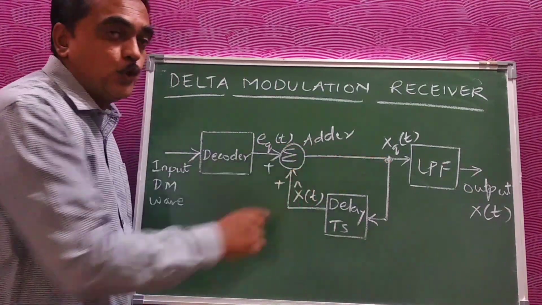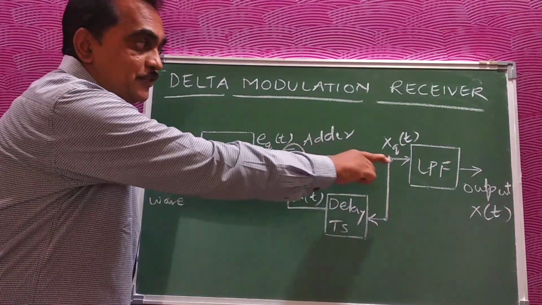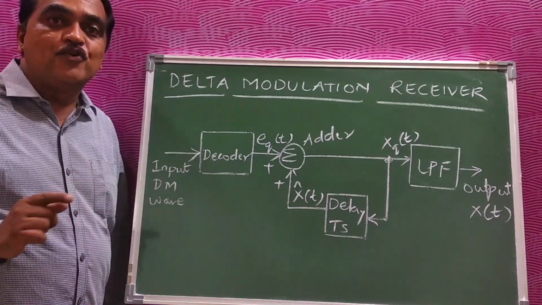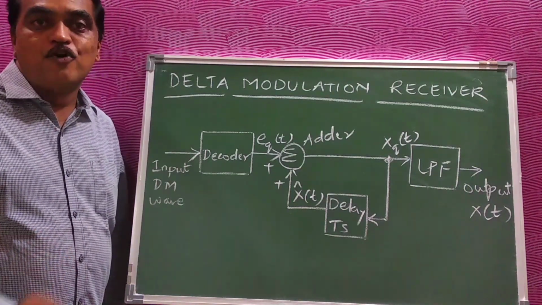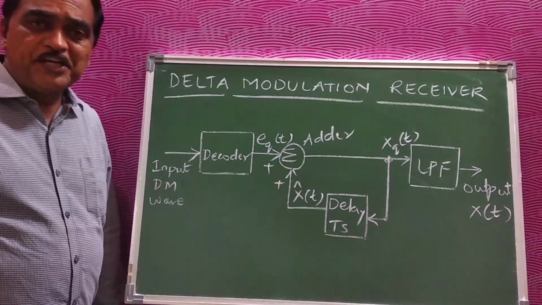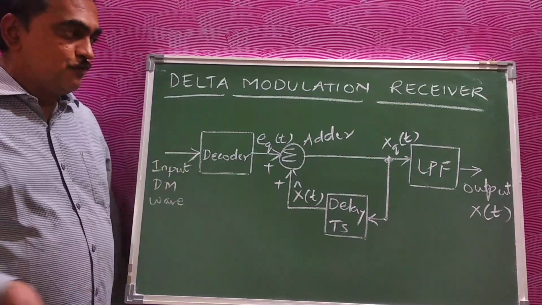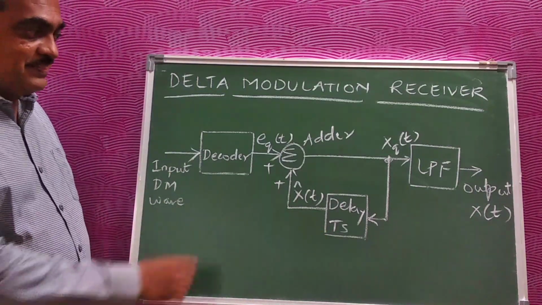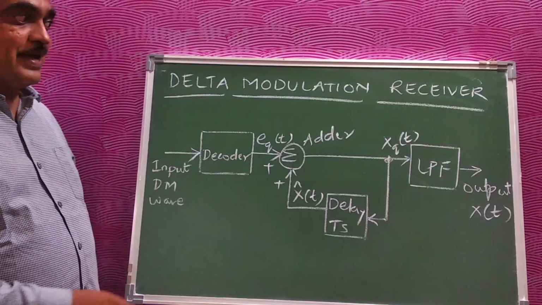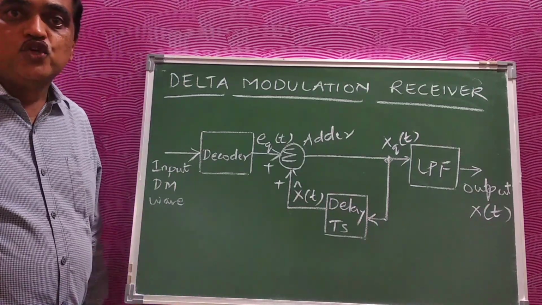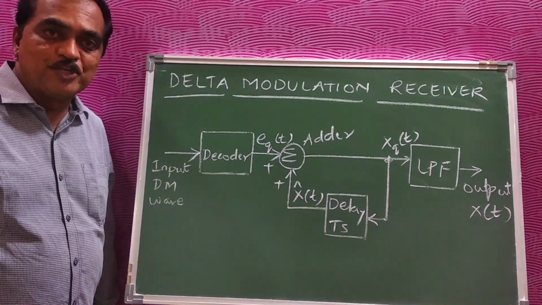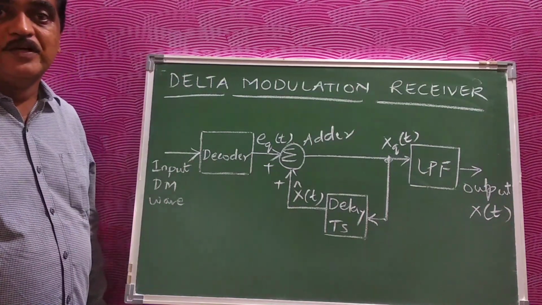and that will be passed through a low pass filter. All the samples will be passed through a low pass filter, and the output of the low pass filter will be a continuous analog signal, which is nothing but the information wave. In this way, the delay type of filter, the prediction filter used in the transmitter, is used in the receiver also, and that helps us get the present actual value of the sample. When you pass all the samples through the low pass filter, you get a smooth analog wave at the output, which is the information wave that was sent at the beginning of the transmitter.